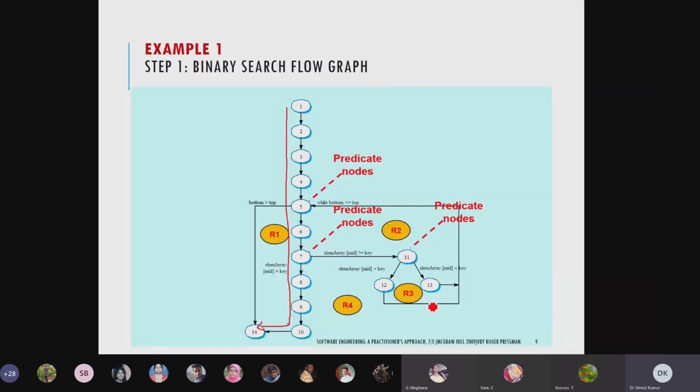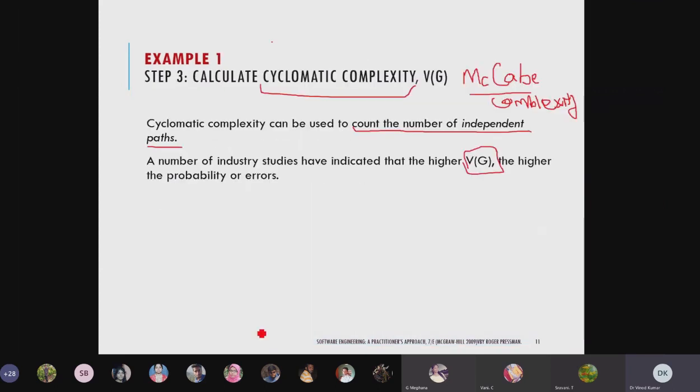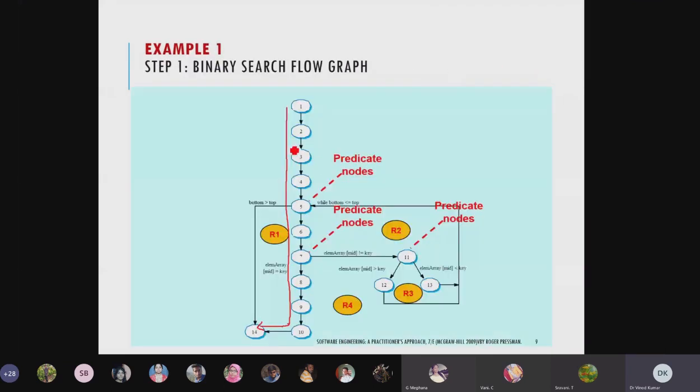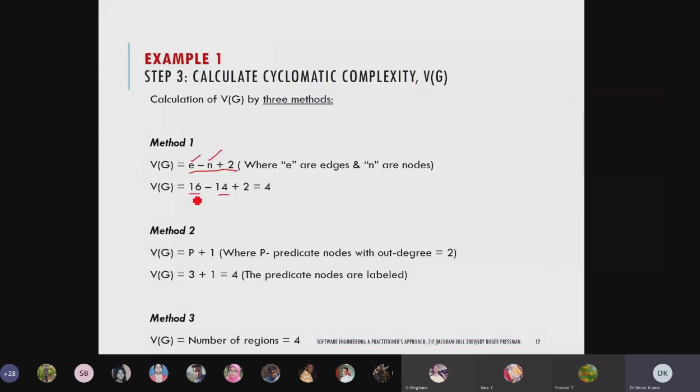Let's see here how many nodes we have. We can count 14 nodes, and how many branches? If you count all the branches, it comes to 16.